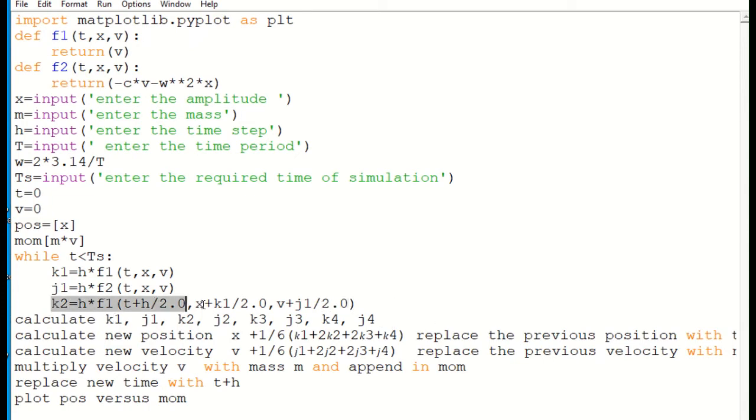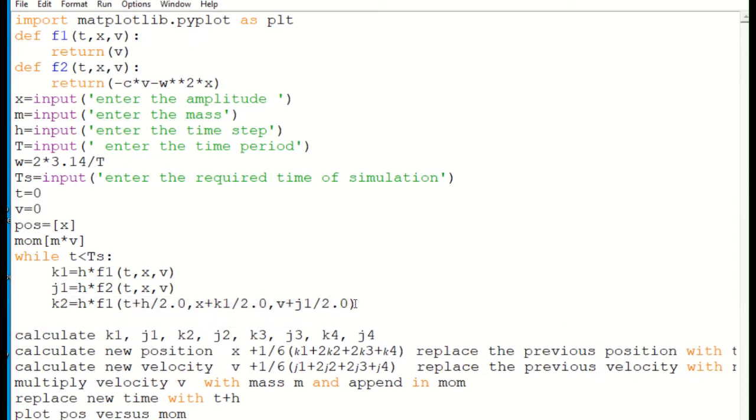Alright, and then I can calculate j2 as j2 is equal to h into the function is just changed f2.